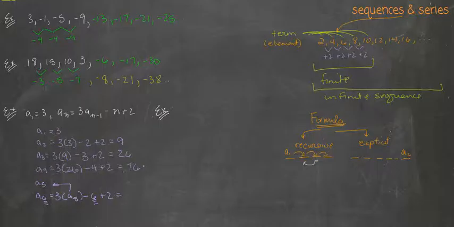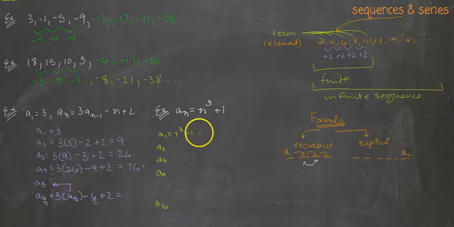Let's find the first 4 and the 16th term of the sequence given by the formula a sub n equals n cubed plus 1. So the first 4 means I want to find a sub 1, a sub 2, a sub 3, and a sub 4. And then a sub 16. All right, so a sub 1: n cubed, and in this case n is 1, so 1